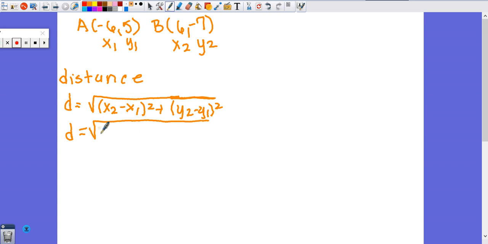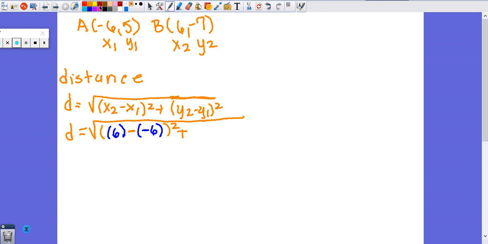Alright, so I'm going to put the parentheses that was already there. And then x2 is 6. So I'm going to say 6, close the parentheses that I'm putting in, minus, then I'm going to open the parentheses again, x1, which is -6, close the parentheses, and then put the one that was already there back and square, plus,